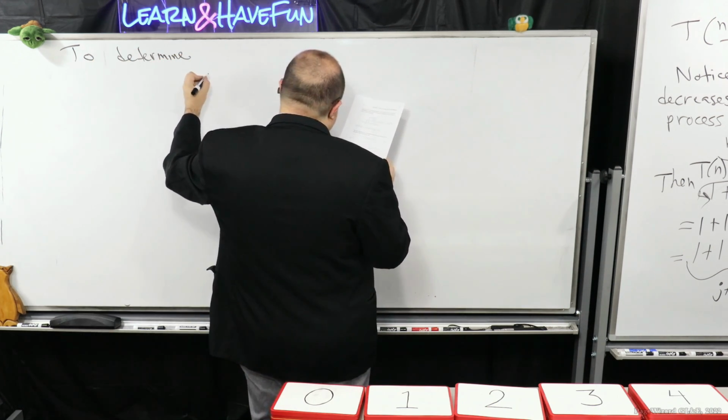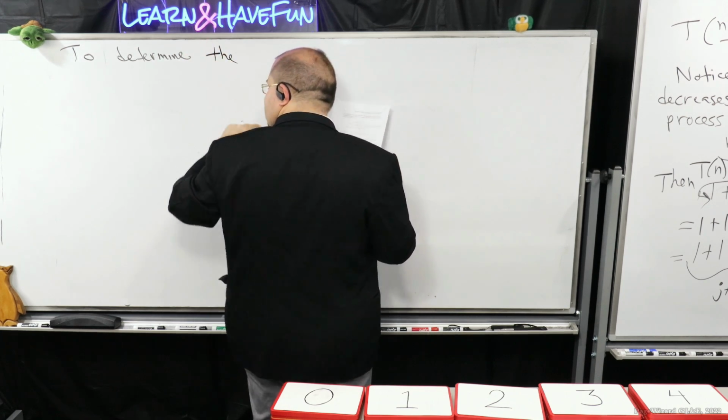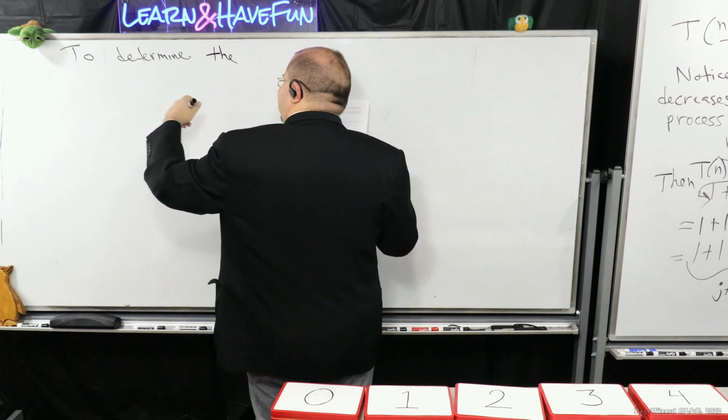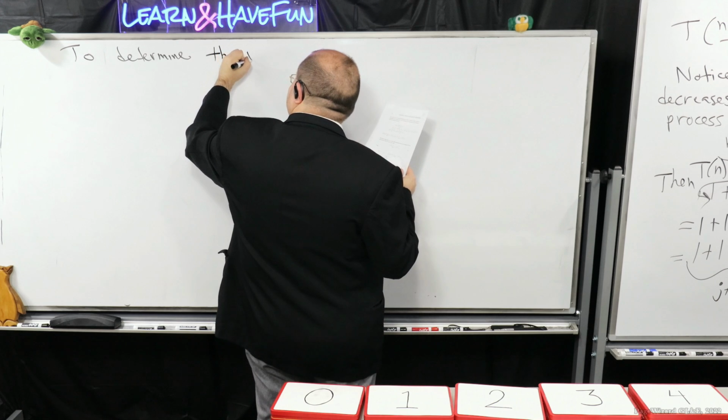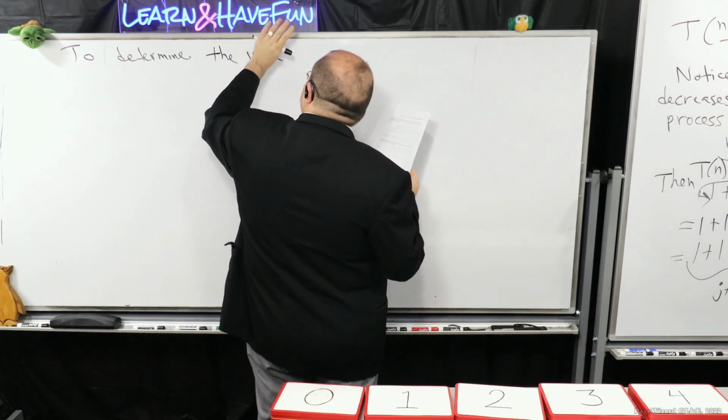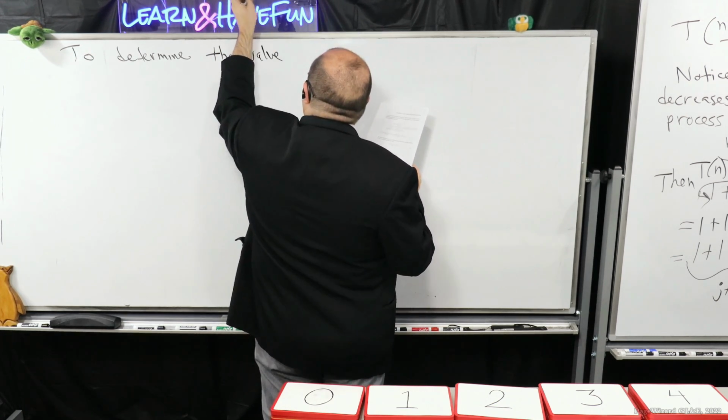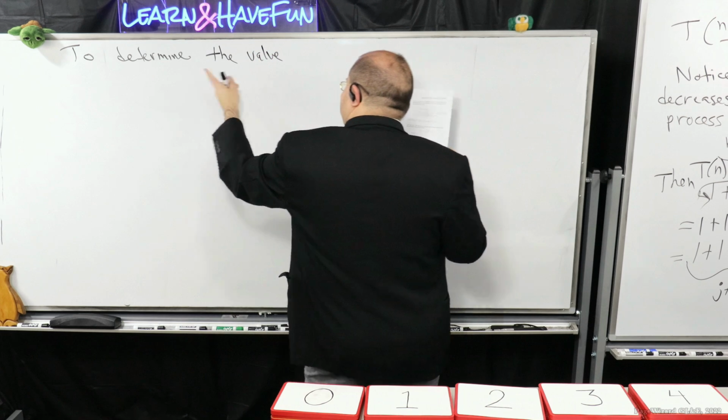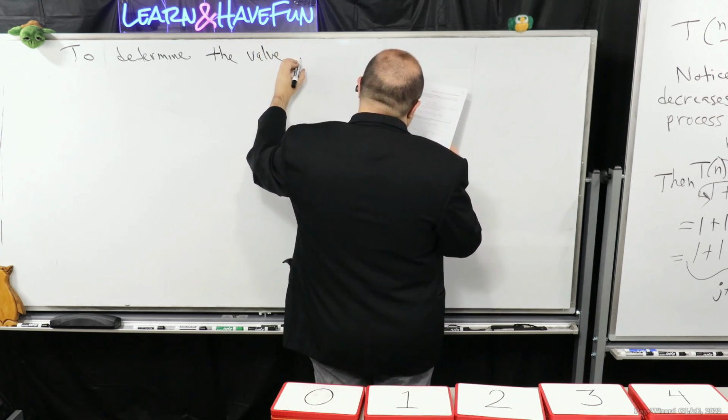To determine the value, out of the way, mosquito, go over there. To determine the value for j,